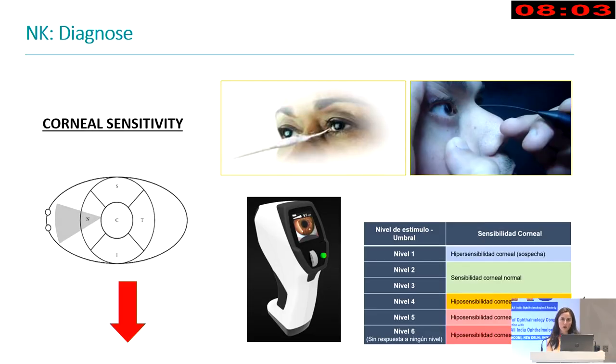But the main point to check here will be the corneal sensitivity. It can be really easy in our office just to check it with a cotton wisp test. And here we will find that there's a hyposensitivity of the cornea. There are other devices such as the Cochet-Bonnet aesthesiometer or the Brill's aesthesiometer that can be helpful as well to monitor the quantity of decrease. And also it is important to check it in the different quadrants to make a proper map of the corneal